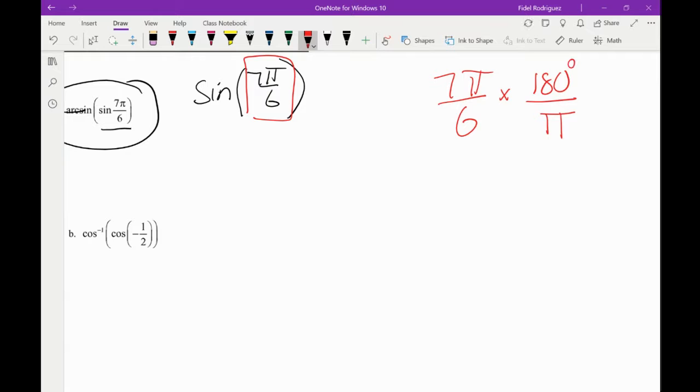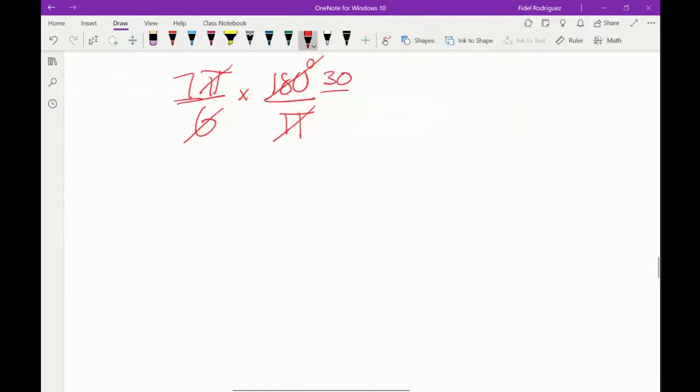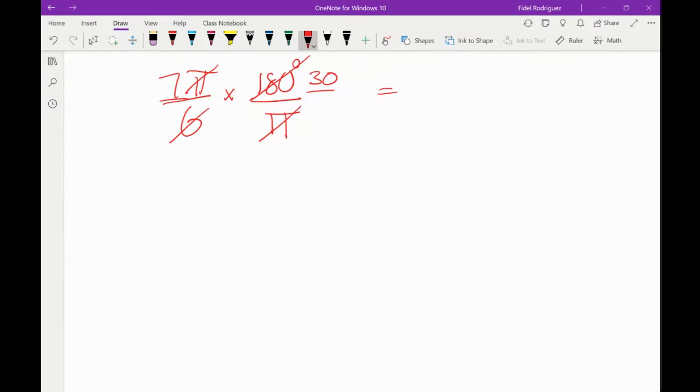And so, remember, this is 180 degrees, right? And then wouldn't we say, look, let's cancel this pi here with that pi right there. And 6 is going to go into 180, what, 30 times? And 7 times 30 is? What's 7 times 3? There you go. You got it. Okay. Now, I want you to think about